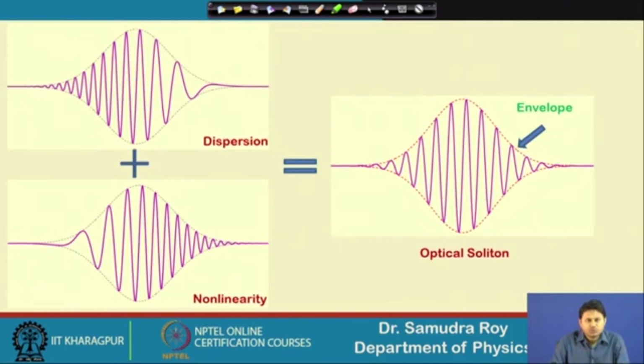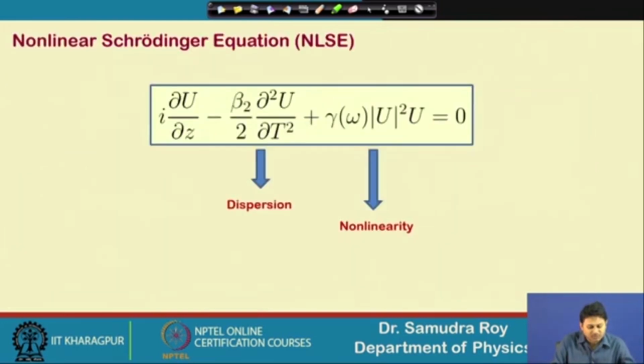Also, one figure is shown to you, and dispersion and nonlinearity can produce some sort of chirped wave packets. This chirped wave packet can be added, and if the amount of dispersion and nonlinearity is fixed in such a way that they can counterbalance, then we can have an optical pulse whose frequency distribution is not chirped, and we call it optical soliton. So, this is the very basic concept of optical soliton, but in order to understand in detail, we need to